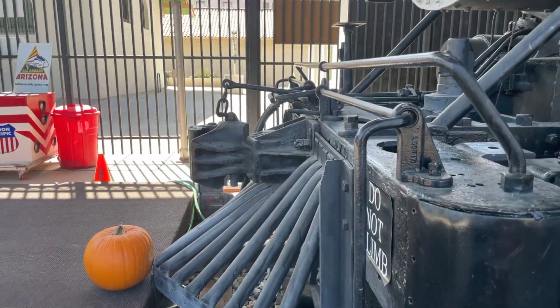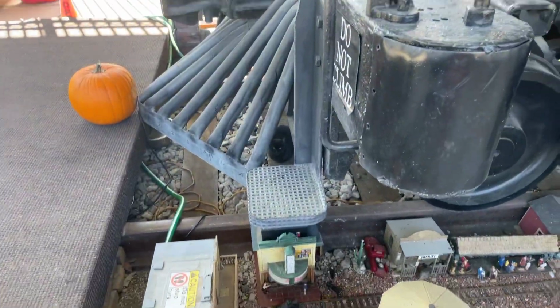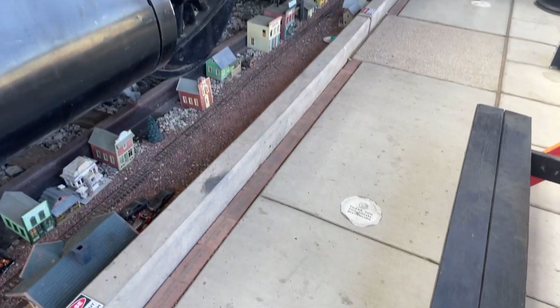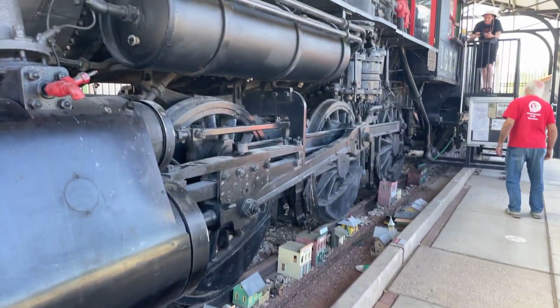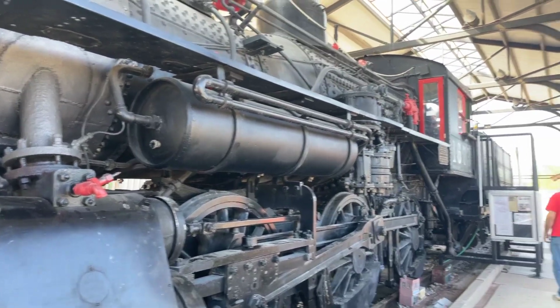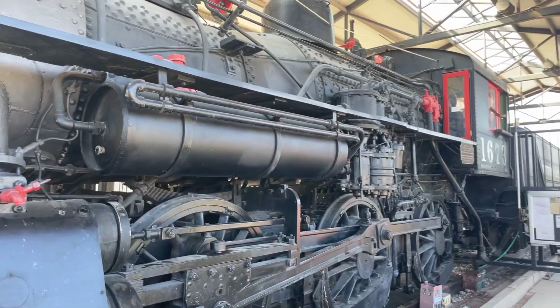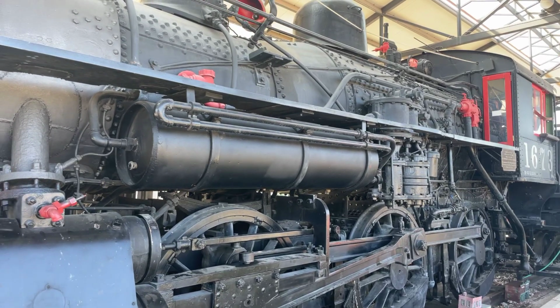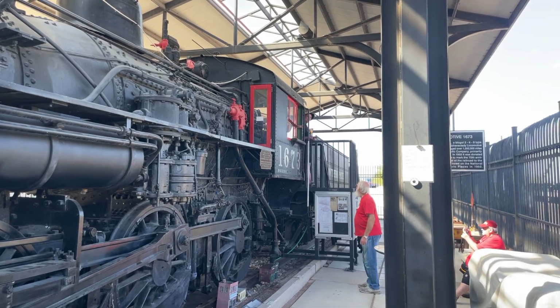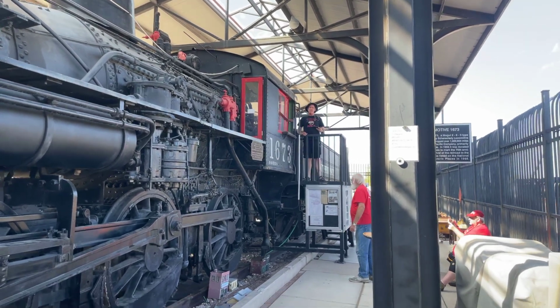Now, if you reach in there and grab that white cord and pull it on this side. Sure. All the board's optional. All right. Well, get on. That's